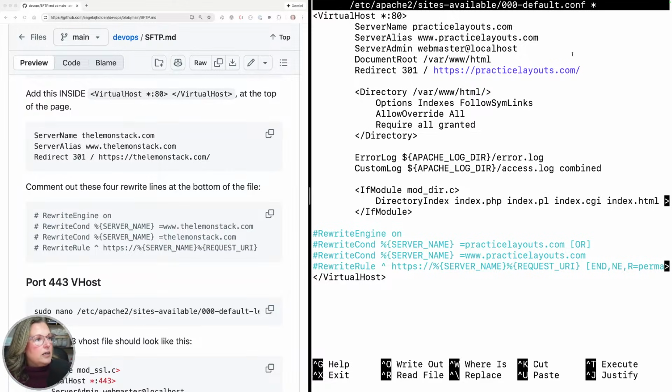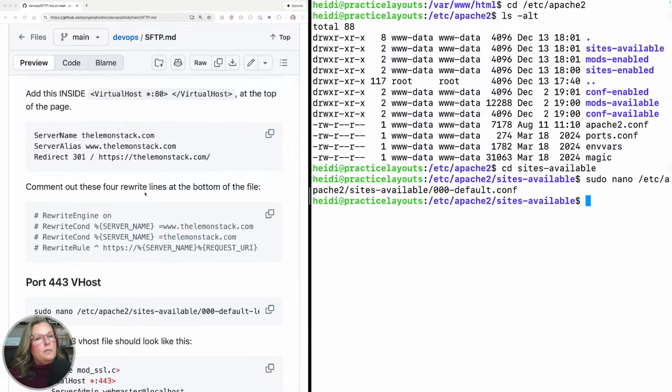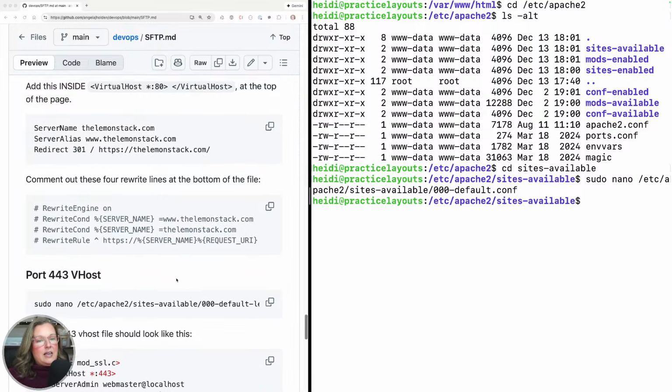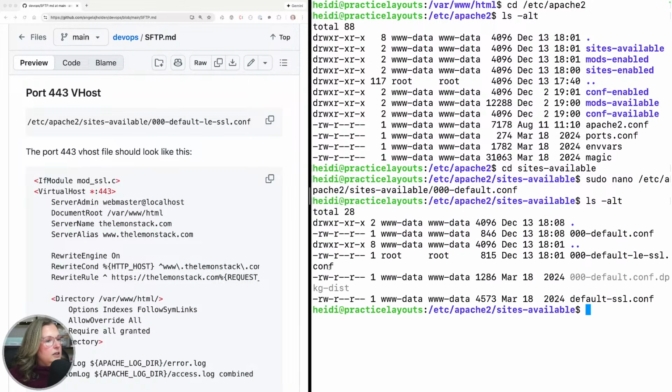Did I spell everything right? Practicelayouts.com. Practice layouts. Yes. Okay. So I'm going to Control X. Yes. Save. So there's our port 80 Apache file. Now we need the port 443 virtual host. And if we ls, you can see here, I'll zoom out a little bit,